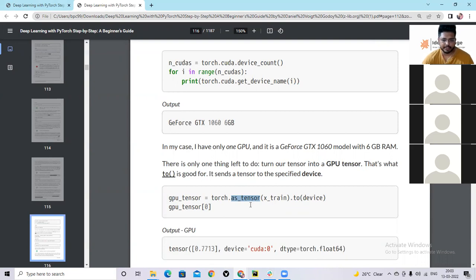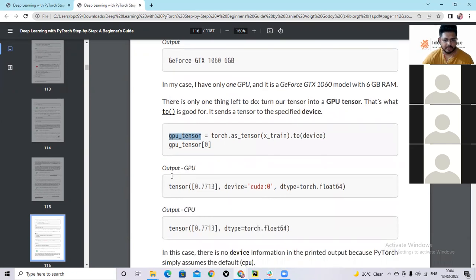Same reference only, because as_tensor is used. First you converted a NumPy array to a tensor, then you are sending this tensor to the CUDA device. So this becomes a GPU tensor now. So there are three entities to remember: NumPy array, PyTorch tensor, GPU tensor.